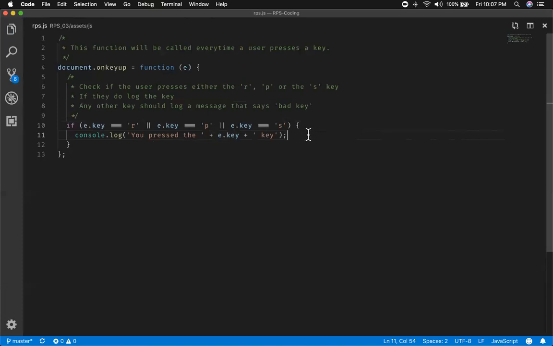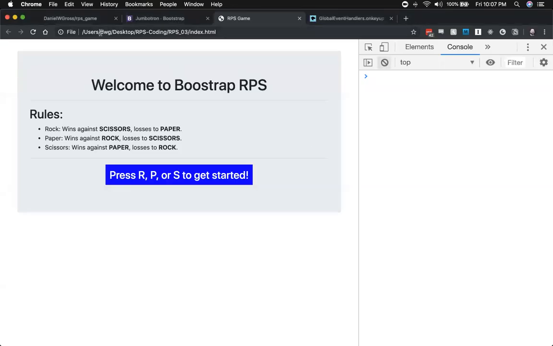I'm just looking at it. I think that makes sense to me. So I'm going to refresh this again, hit R, cool, hit P, hit S, and I'm hitting A. I don't know if you can hear it through the video. I'm slamming that A key,